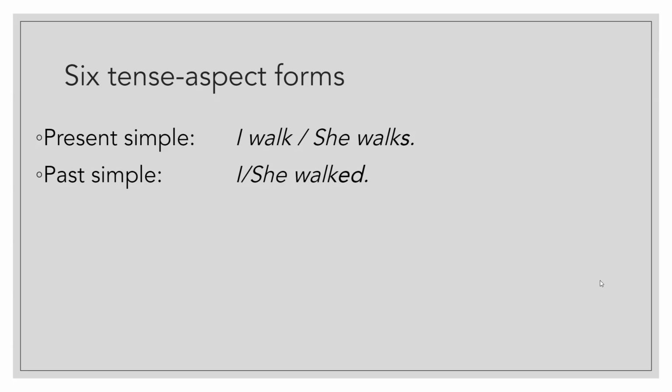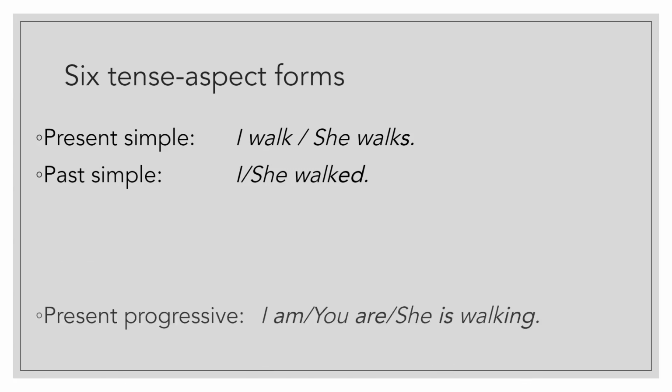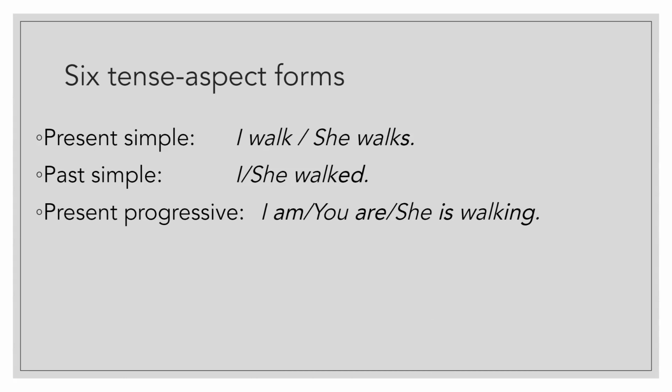Simple is going to be telling me it's a complete, finished action. But then we can have present progressive. So again, still in present tense, but I add an -ing that gives me that progressive, that continuous, ongoing, unfinished,